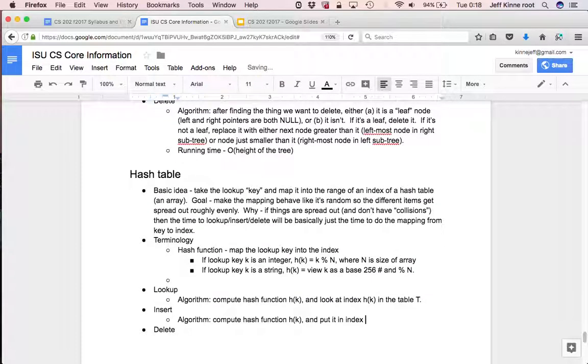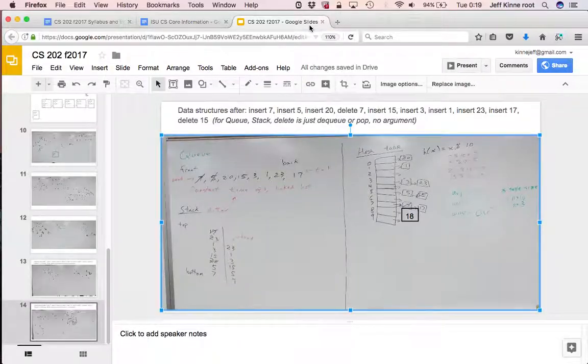So put it in index h of k in table t. The question becomes what we do about collisions. If we're going to try and put something in and there's already something there, in this picture here, we handle collisions by putting a linked list at each index. So at index 3, we don't actually put the number that we want to store, we put a linked list. And most of these linked lists will probably be empty or just one item if things work out nicely. If they don't, we may have more than one item